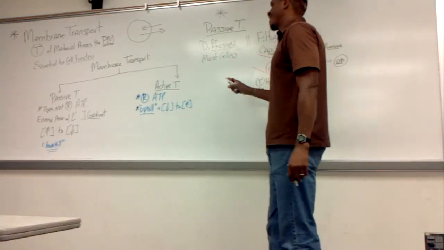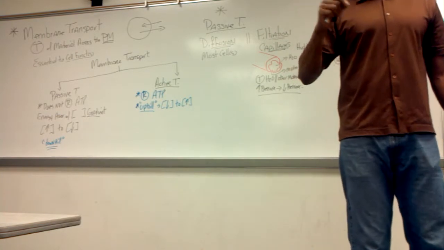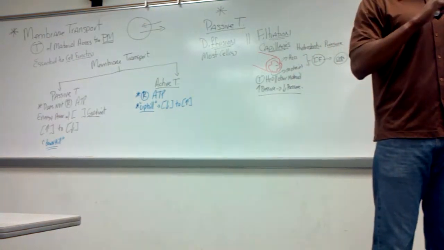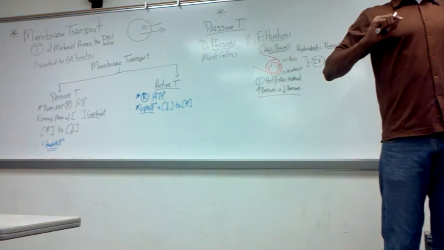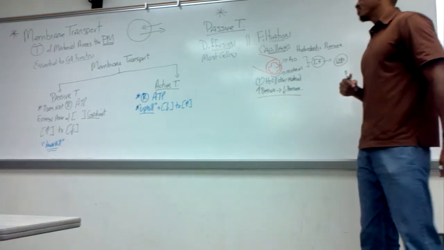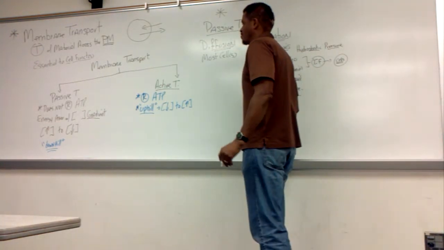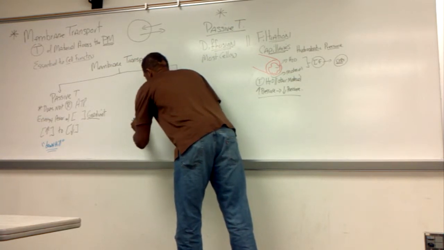higher to low. In active transport, we're going to transfer material from a lower concentration to a region of higher concentration. So we require energy in the form of ATP. This energy will be utilized to induce a conformational change in a carrier protein to transfer this material across the plasma membrane. When we talk about active transport, it's to be carrier